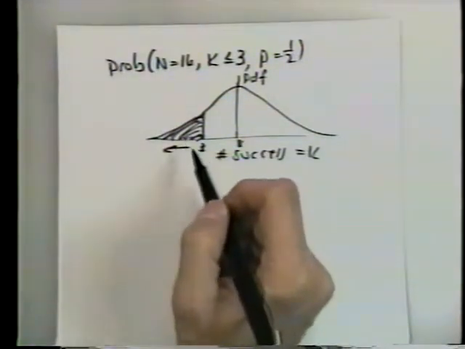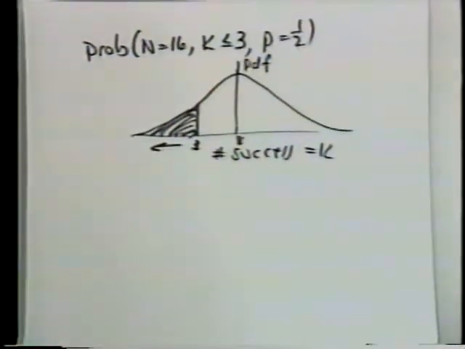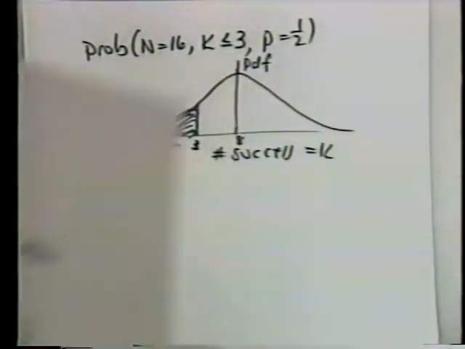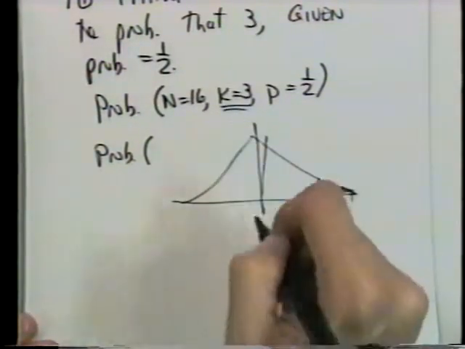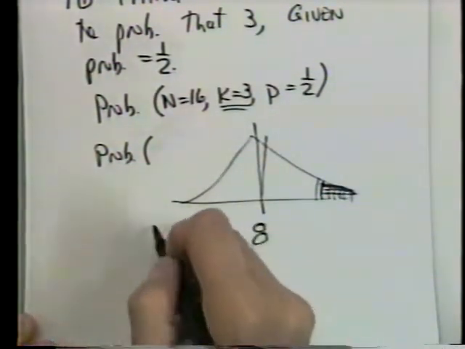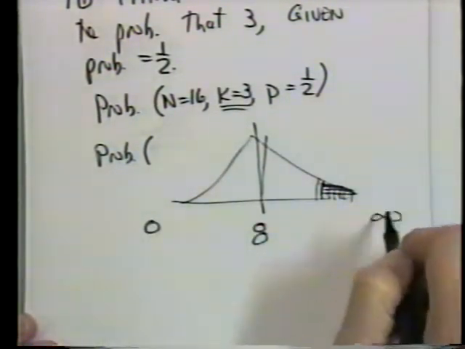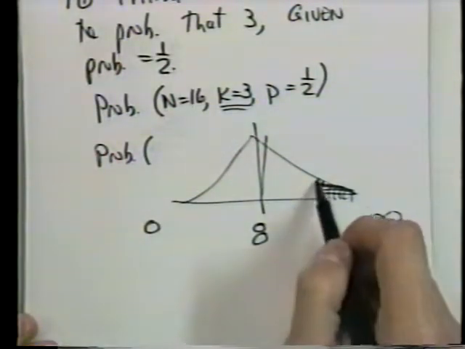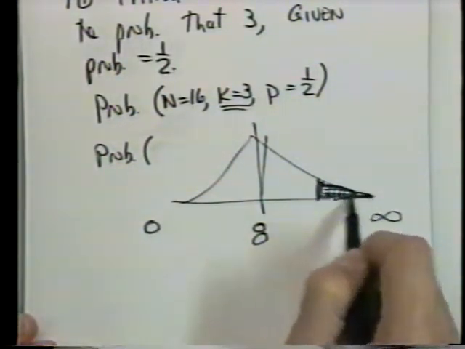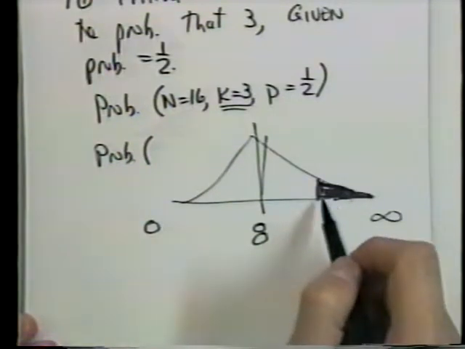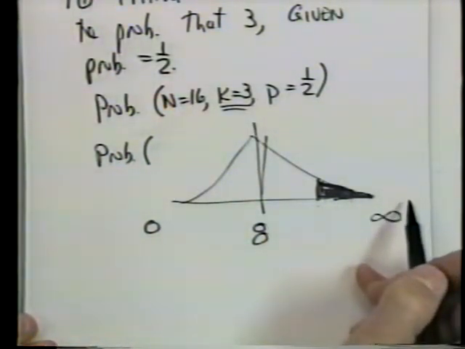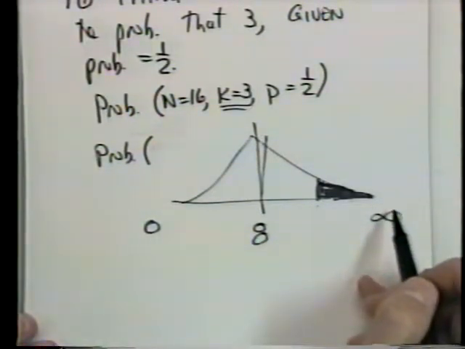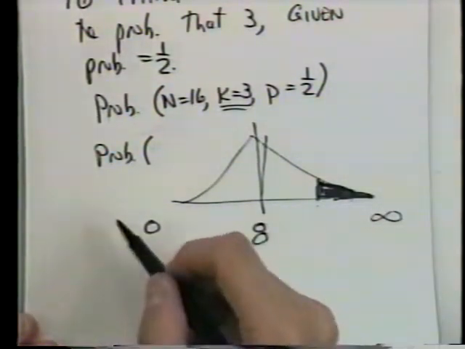So how does that differ from the first thing that you wrote, where you're looking at the other tail? It doesn't differ in principle, but usually the way we would label these axes is that 8 would be here, and 0 would be here, and infinity would be over there. So we're really asking that we're getting less than 3 successes rather than greater than 15 successes. So just from the way the axis would be normally labeled, we're really dealing with the other tail.